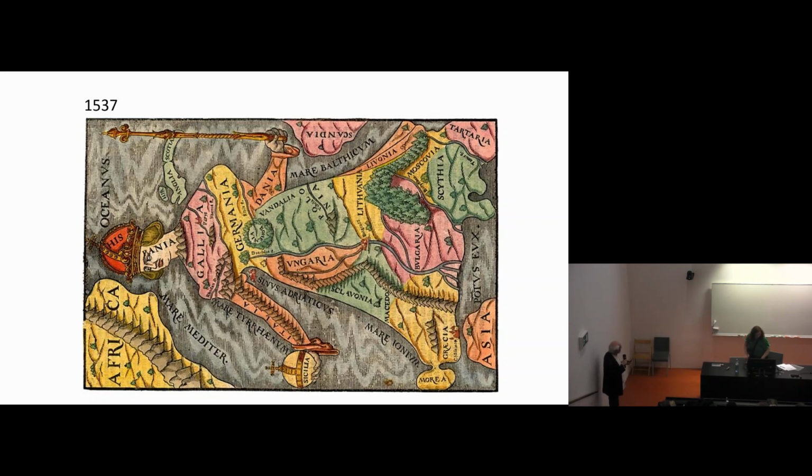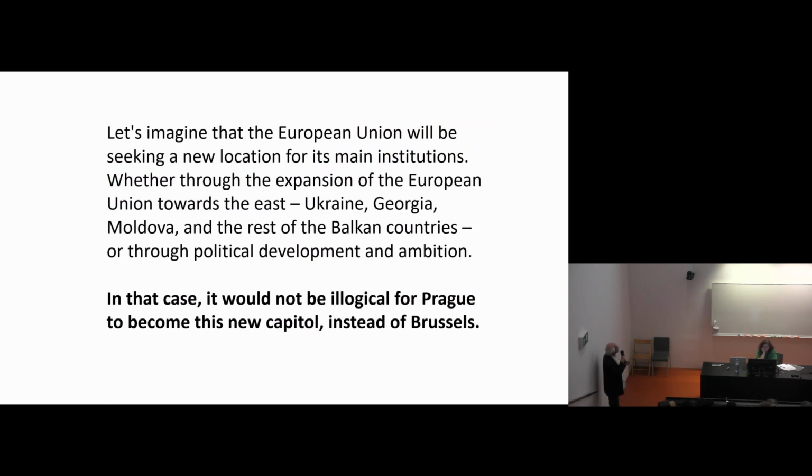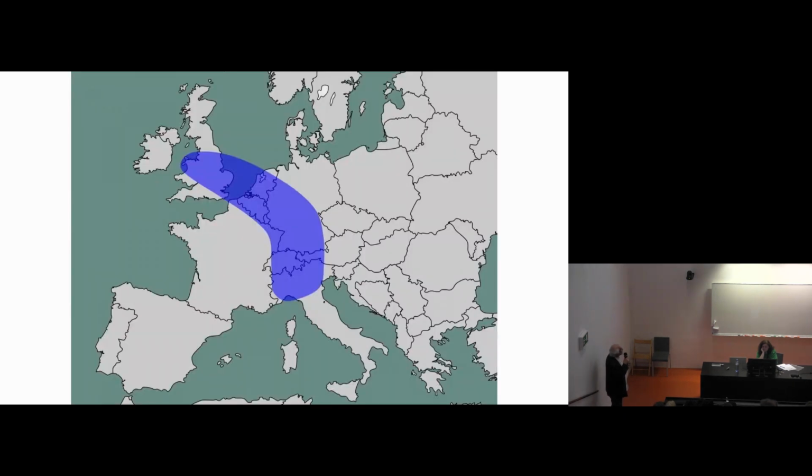I will go now very quickly because I have too many slides. This is just to give you an imagination. I don't know if you know this picture. It is the blue banana, in fact the most industrialized part of Europe. You see the Czech Republic is also not so far from it.